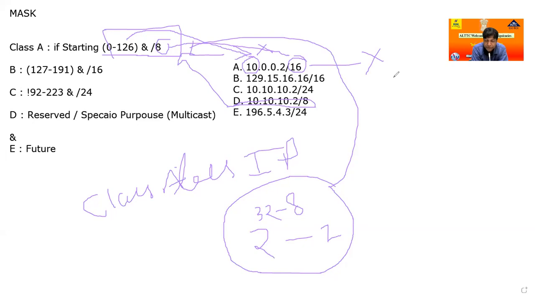When IP addresses were distributed in the world, America, USA, class A IP was reserved for their location. Class B was reserved for some Asia Pacific countries, and class C for very rare locations. All of you are aware that the maximum internet users in the world are in China and India. So India and China have class B IP and the maximum number of users are in these two countries. So it is not possible.